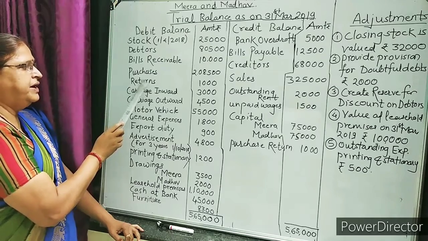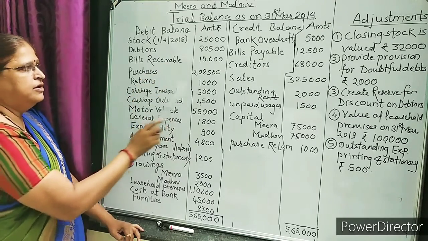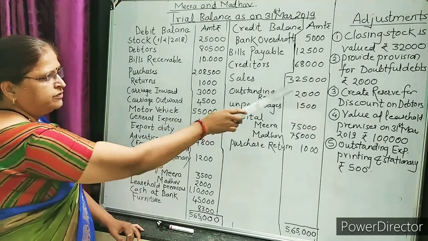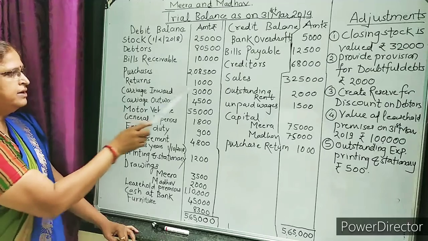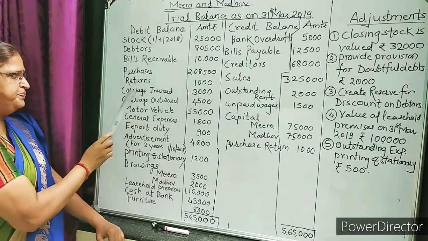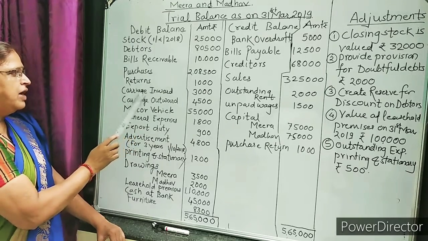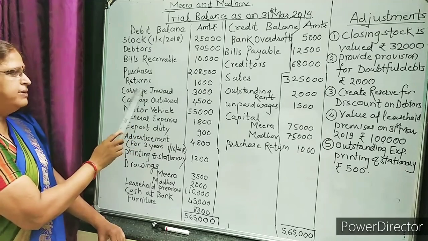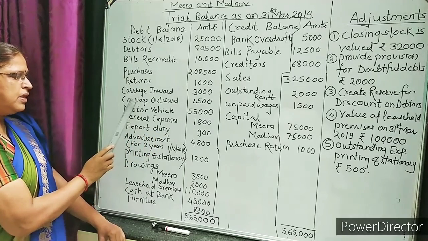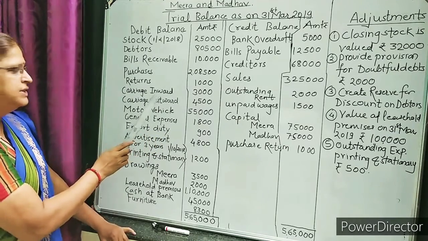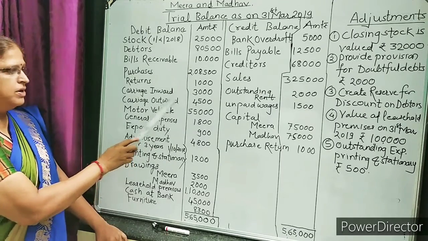Next, returns is there and debit balance is there, so it is a sales return. We have to deduct from sales, which is rupees 25,000. We have to deduct this sales return, which is 1,000. Carriage inward. This is a trading item and we have to take to the trading account debit side. Carriage inward 3,000. Next, carriage outward. This is a profit and loss item and we have to take to the profit and loss account debit side,